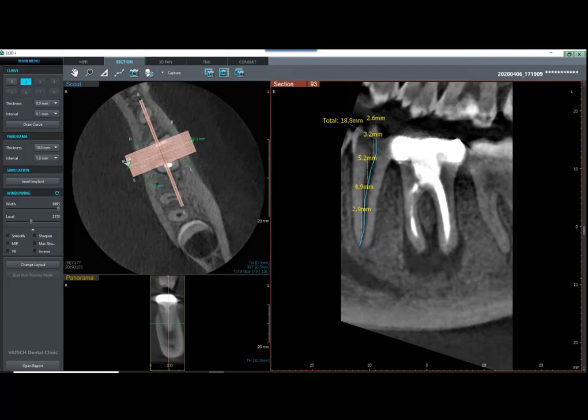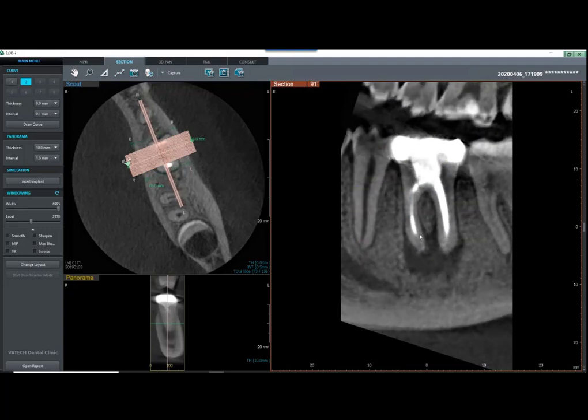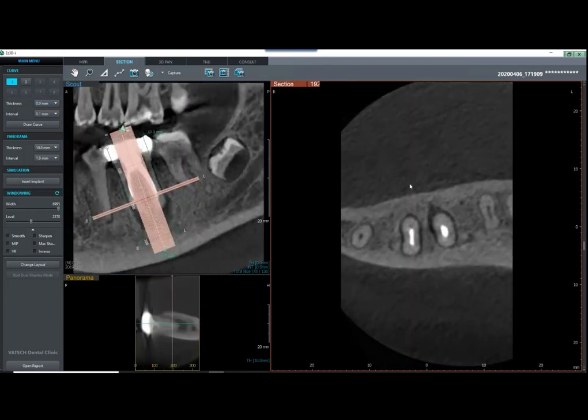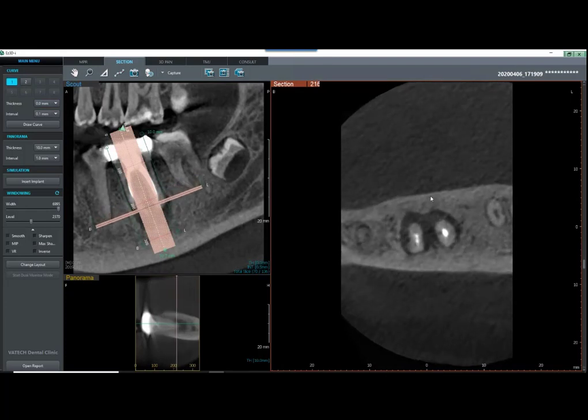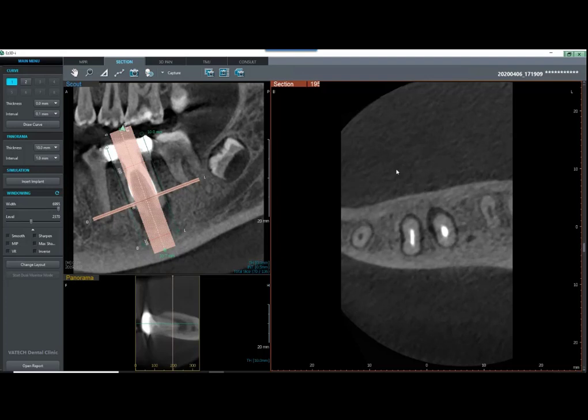All right, and that's going to be our 5x5 case, where we can look through and see our individual canals. We went across the ridge. We also went through the long axis, down inferior, and then back up superior there. So let's look at a couple of